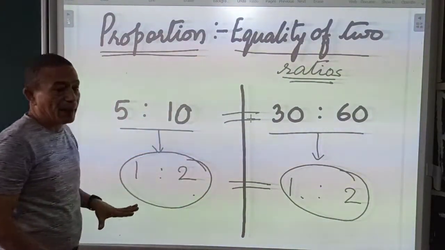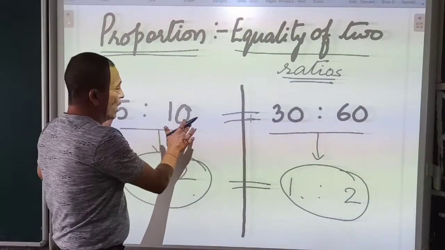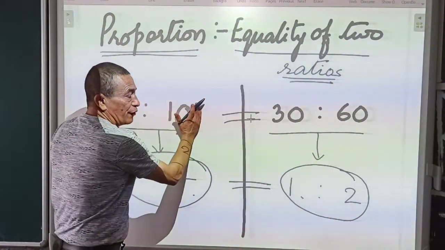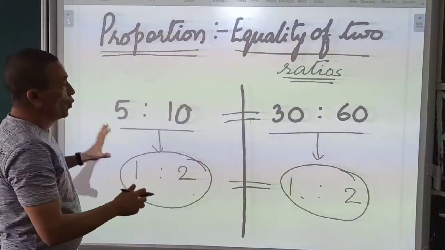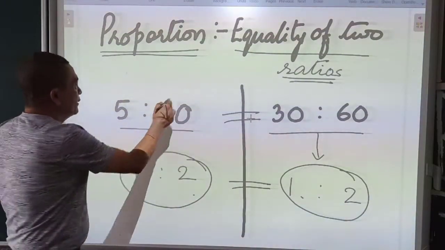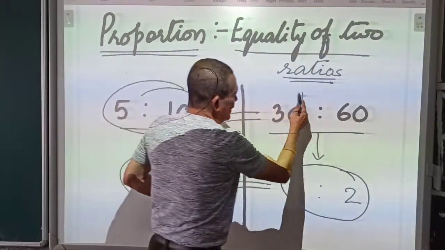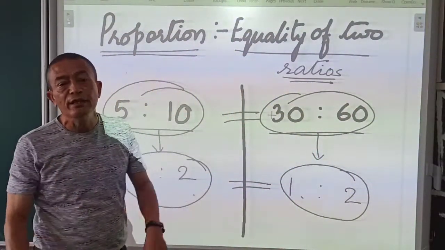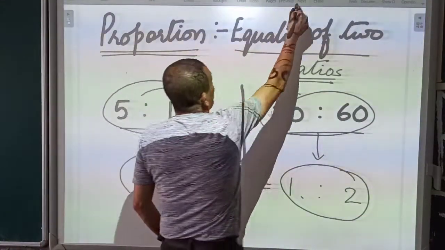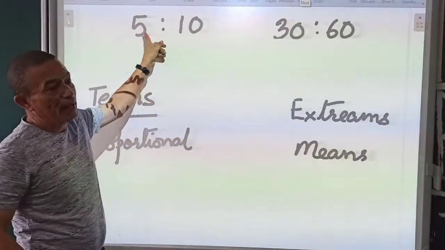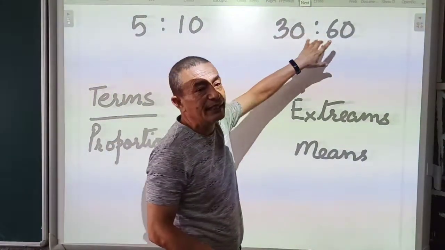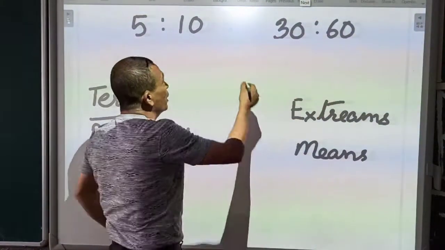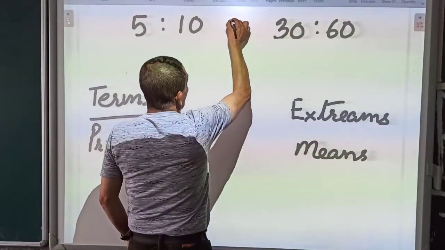So keeping this in mind, this entire ratio is equal to this entire ratio. So we consider 5:10 and 30:60 to be in proportion. Taking the same one, 5:10 is proportional to 30:60. What is the symbol of proportion? We've got